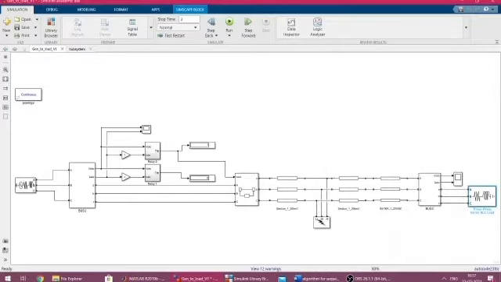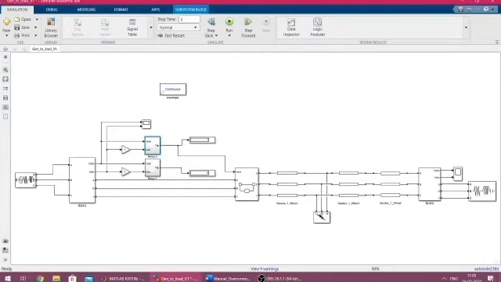Now that we have specified all these parameters and completed the connections for each of these, the model is the three-phase power system model. So this was all about the three-phase power system model we have considered.